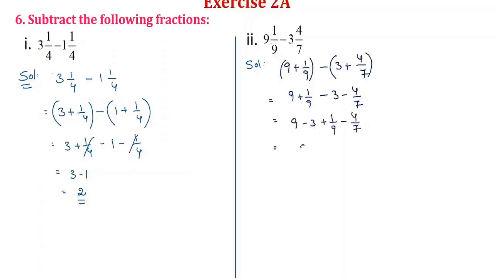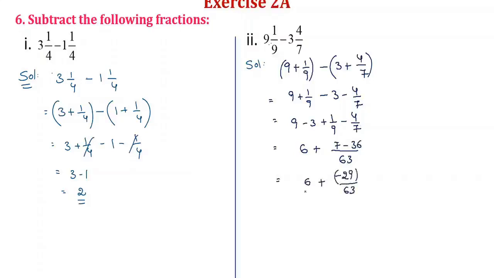Now 9 minus 3 is 6 here, plus here the LCM is, since there is no common factor for 9 and 7, 9 7s are 63 here. So now you can divide 63 by 9, 7 times. So 9 7s are 63, 1 7s are 7 here, minus 9 minus 7 9s are 63, and 4 9s are 36 here. Now you can write it here, 6 plus, here it is minus 29 by 63,